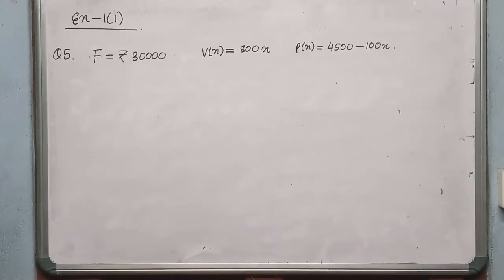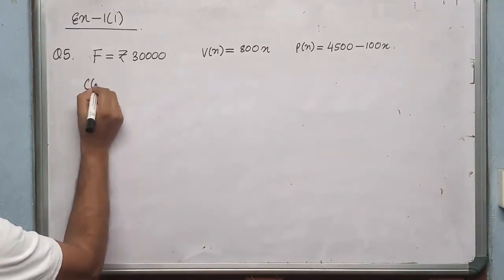In this case, it is clearly mentioned in your book. The Px is not a profit, it is the demand function. The demand function is 4500 minus 100x. Find the break-even point. To calculate the break-even point, first of all, we must have the cost function and the revenue function. Since the cost function is given by